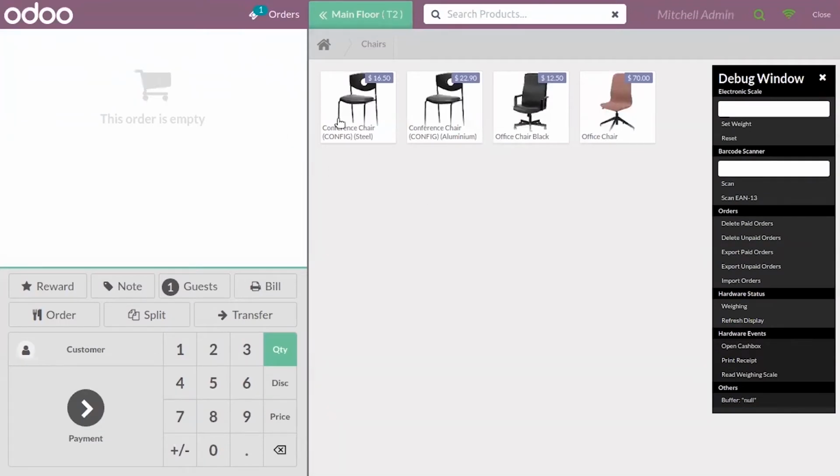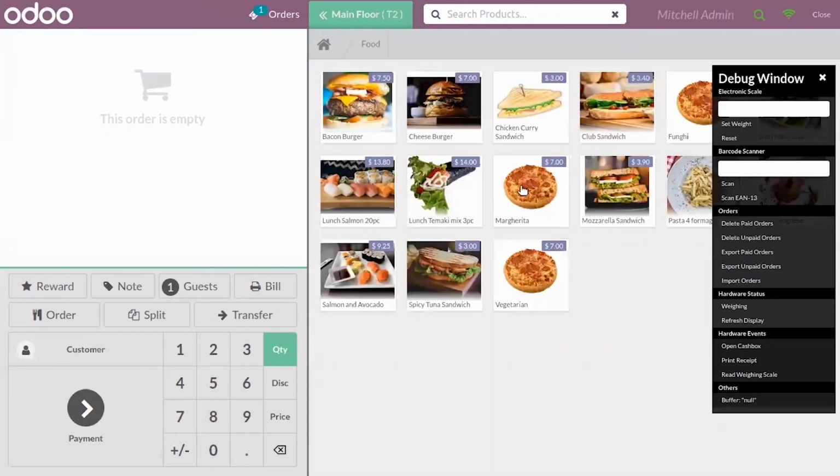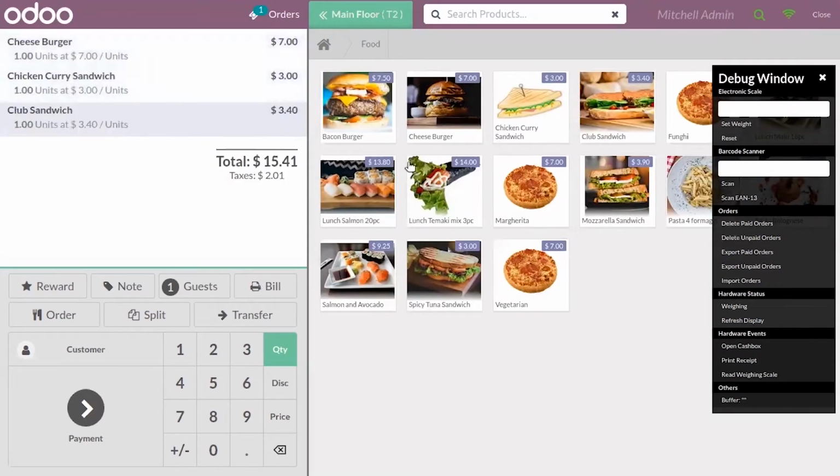To this table, customer can make orders. You can see the category here. I have selected 3 products. You can choose a product, and it is possible to choose the number of quantities that you need.